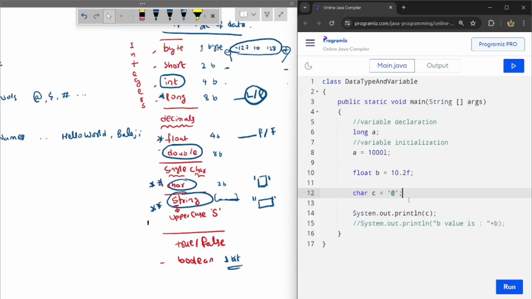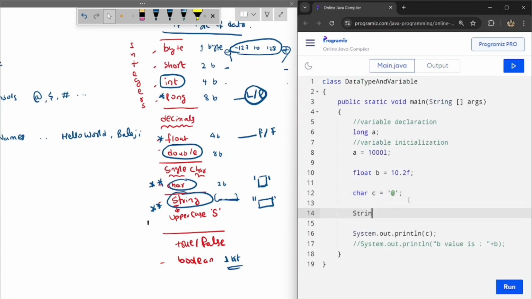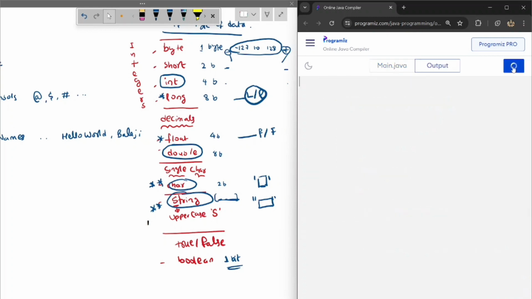Now let us go for the strings. Strings are a special data type, a class data type. You will get to know why String is a class data type. Like String D, let it be. For the string we have the exception that we need to use double quotes. In the double quotes you specify hello world, let it be. Let us give a gap over here and put the value D. Now if I run the program, here you can see at the output